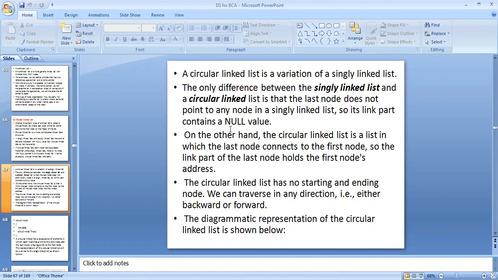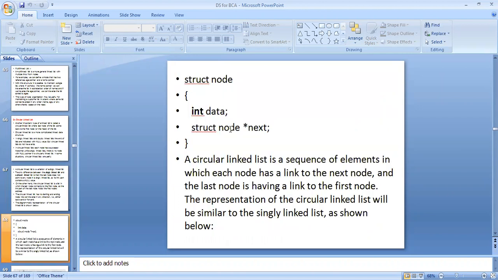The circular linked list has no starting and ending node. We can traverse in any direction, either backward or forward. The diagrammatic representation of a circular linked list is shown below. So struct node, integer data, and struct node star next.